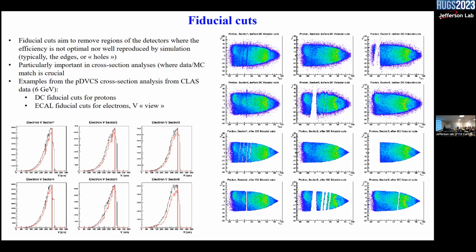You also see that there are some holes that I think were due to missing time of flight paddles. As you combine the information of the time of flight and the DC, if you look at protons, you will miss events where a piece of detector was broken. So also around here, cuts are made in order to ensure a uniform efficiency. Okay, so once